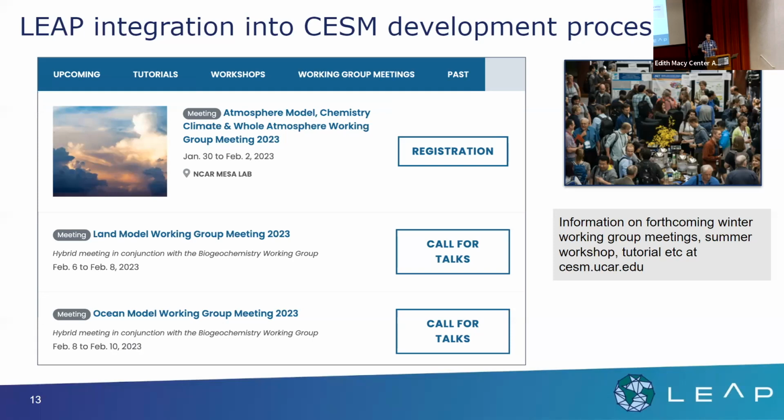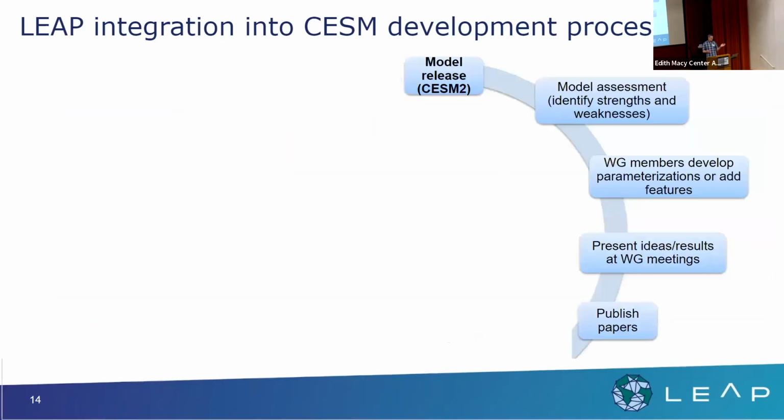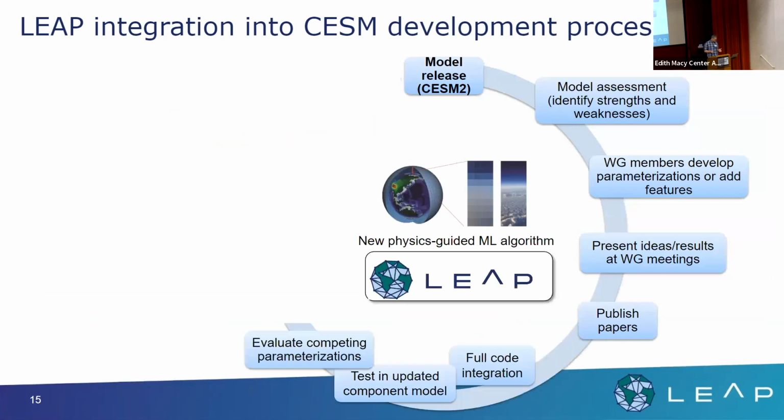And as much as that is to learn what everyone else across the community is doing, to see how it intersects so that we don't duplicate effort. You see synergies, you see collaboration opportunities. So I really encourage everybody to attend. It's hybrid, so you can come in person. We love that. It's going to be really fun, as we saw in this meeting, to be talking to people in person, but we are going to maintain a hybrid component here and going forward. Okay, so that's part of the process. You get involved in these working group meetings, have a new ML guided algorithm.